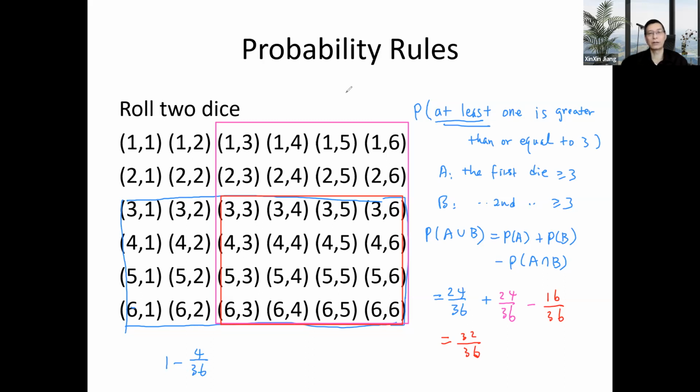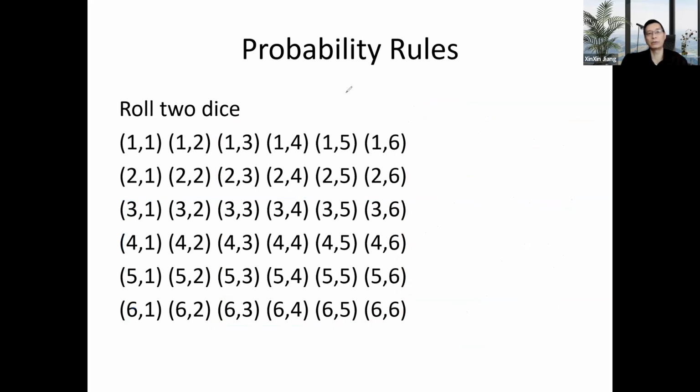That's the second rule I want to introduce, which is called the complement rule. I said something already earlier. Probability of the complement equals 1 minus the probability of E, or probability of E equals 1 minus the probability of its complement. They are exactly the same rule. Sometimes it's very easy to find the probability of the complement, then you use the complement rule.